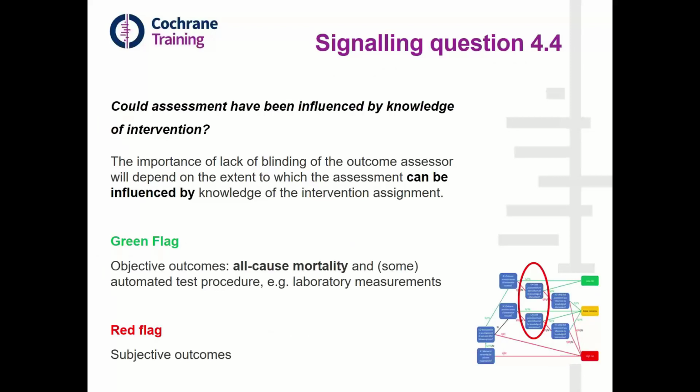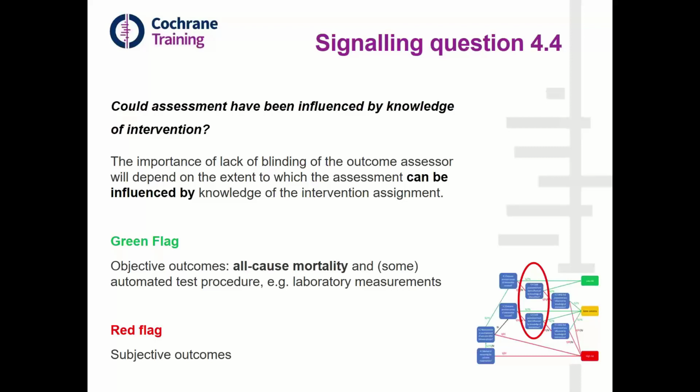Okay, let's move on to the signal question 4.4. Good assessment of the influence by knowledge of intervention. So basically, this is not a question of blinding or not blinding, but whether blinding matters or not. And we think that there is a clear case for